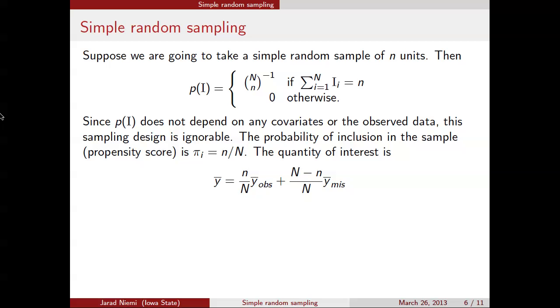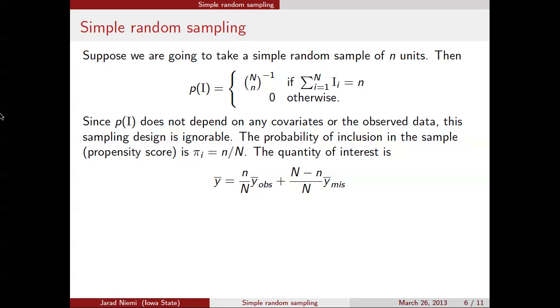And now, in order to calculate the quantity that we're interested in, we have to take the weighted average of our observed and our unobserved, which of course we don't know, where the weights are just the proportion of schools that we took and the proportion of schools that we didn't take. Okay, so we're going to use this later. This is going to be important to remember, so maybe I should just write it down.